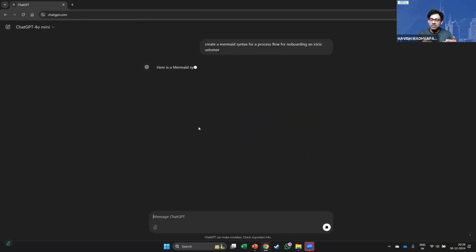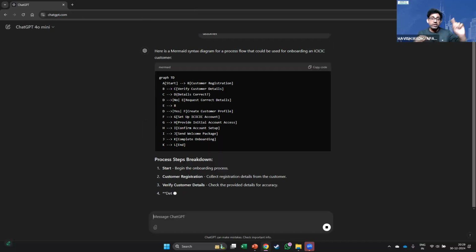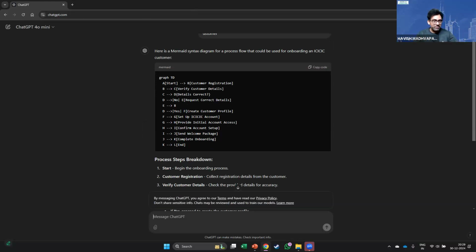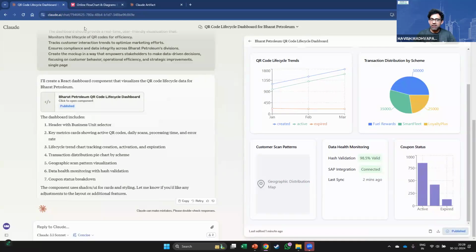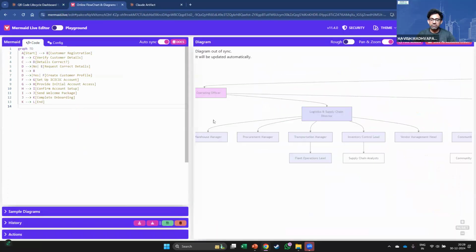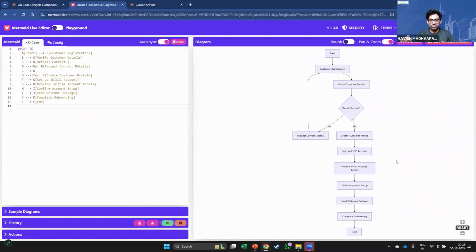So what I've done here is I'm not going to Claude and creating the diagram directly. I'm simply asking ChatGPT to create the syntax. Now, if I copy this and I come back and I put it in Mermaid, see, it is working. So it's not that you can't do it with the free version.